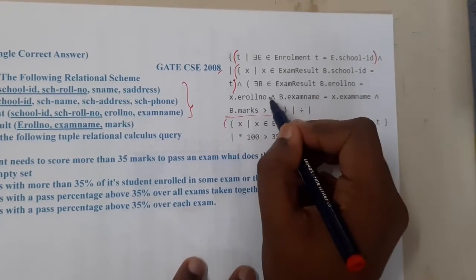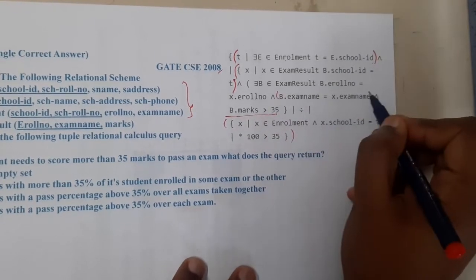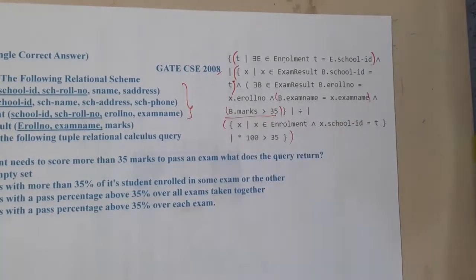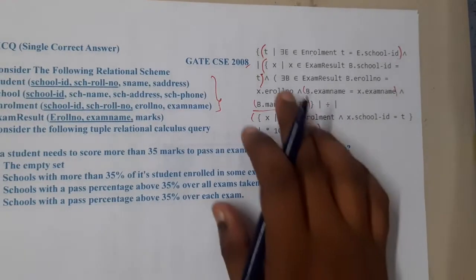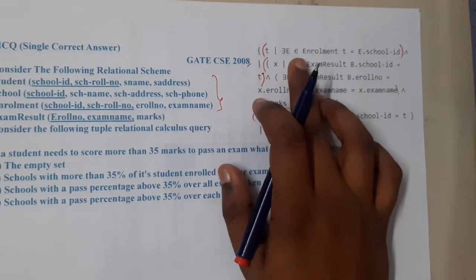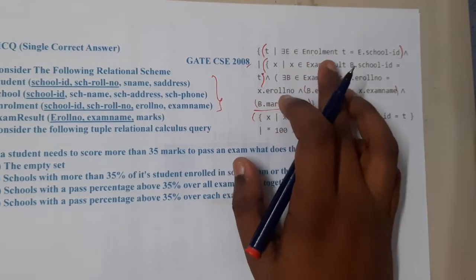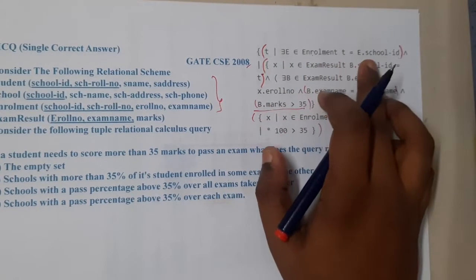Okay, and here is the other AND operation. So basically these are small operations, right? Yes. Okay, and after that here, why did they write this divide thing? Let us discuss it. So t such that for some value of e belongs to enrollment, t is equal to e dot